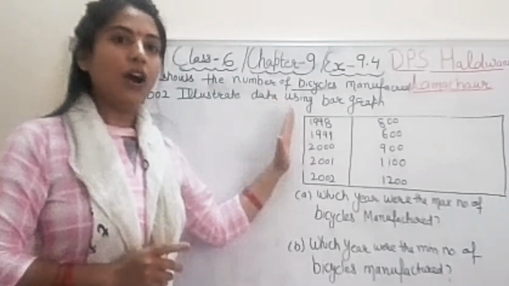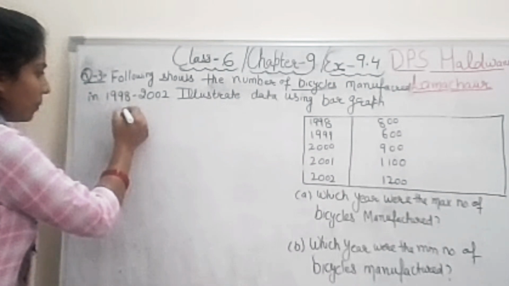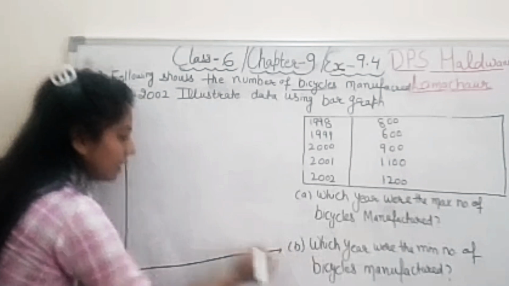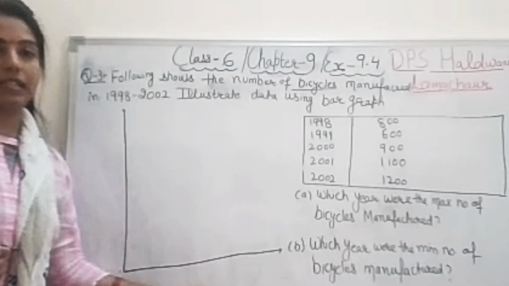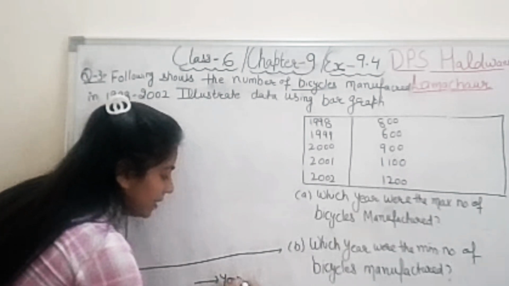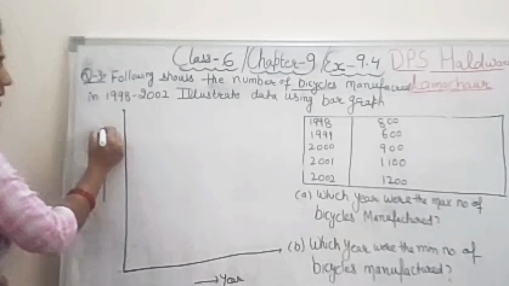So this is the table. On the basis of this table, we will first make a bar graph. One y-axis and one x-axis. Right? Along the x-axis, I am going to take the year, so you will mention this side, the x-axis side, and along the y-axis I am taking